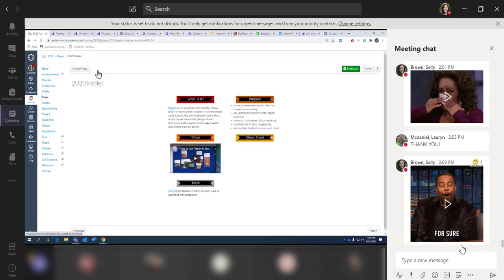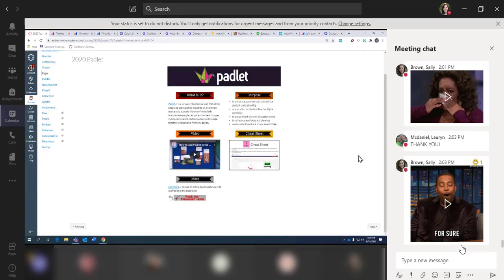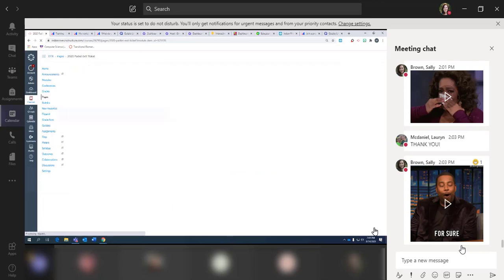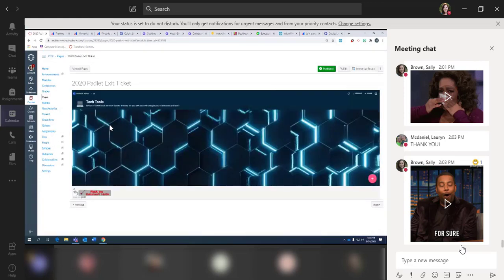So Padlet is our next one that we're going to look at. And Padlet, any of you guys that have been in many of our trainings, you've seen Padlet probably. Padlet is like a big open bulletin board that you can put ideas on. So we're going to start by doing a Padlet, and then again we'll look at the teacher side. So here we go with the next Padlet, and it's really kind of an early exit ticket,